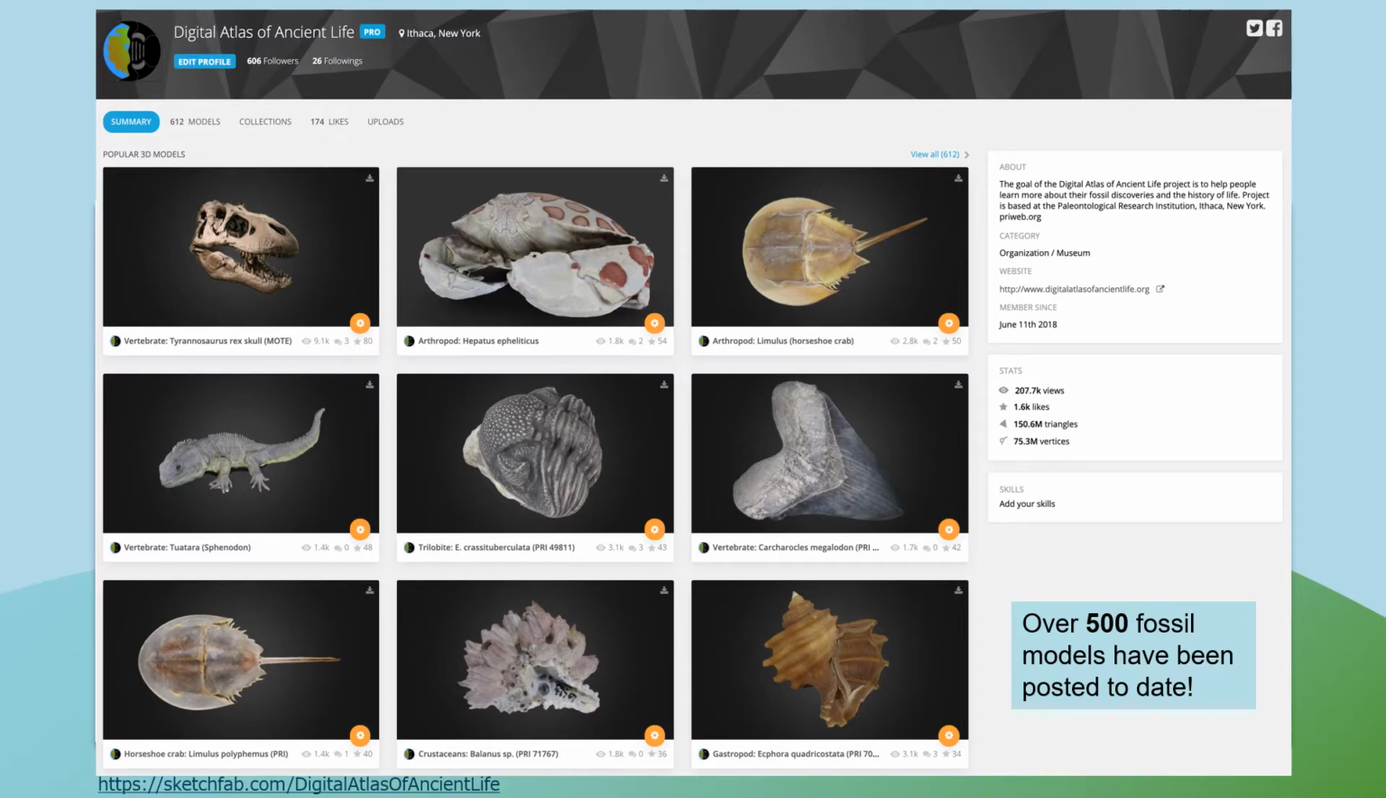So when we have the 3D models, we then upload them to a website called Sketchfab. And Sketchfab essentially is an online repository for 3D models. You can find 3D models of just about anything. However, on our digital atlas page on Sketchfab, you can find all of our fossil 3D models, and they're organized